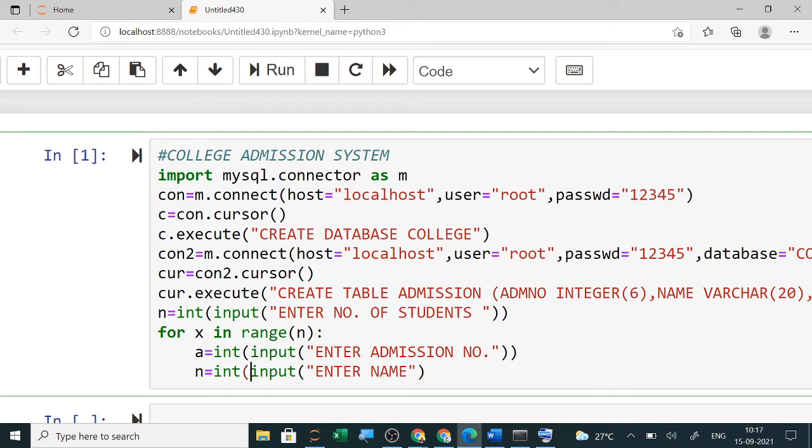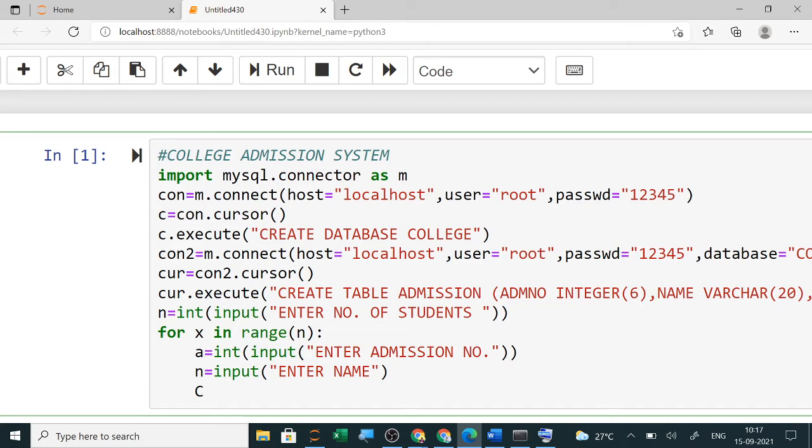Now name is a string, so I will remove this. Next is your course, small letter. Enter course name. You can mention here which course names, like BCA, BBA, BCom, BTech, or if you want to take 1, 2, 3, 4, that also you can do. And this is a string.